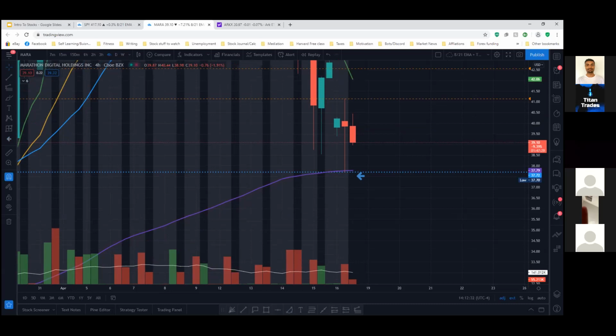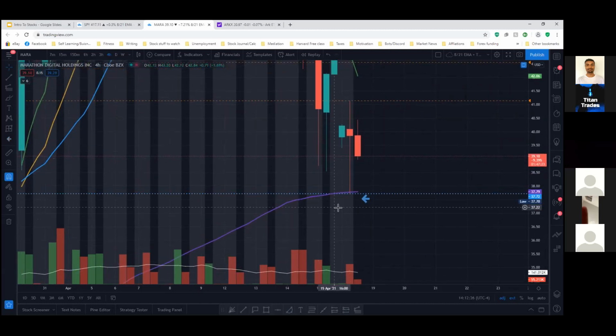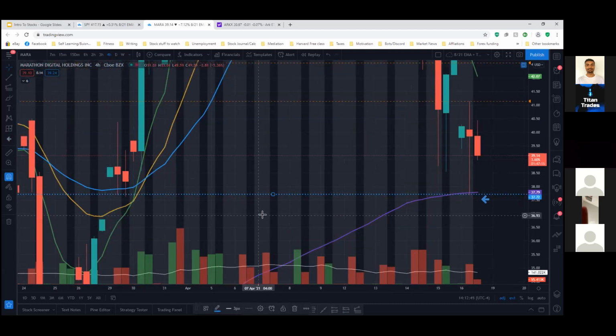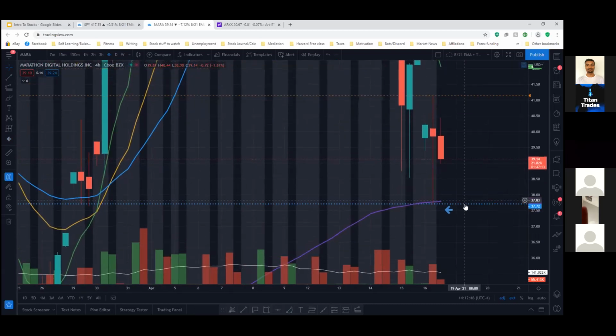In this case, the institutions were sitting right here at the 200-day moving average, and they bought it right as it touched. And another good confluence is it bounced right off that hard support, right? So as long as Mara can hold above 37.75, I am beyond bullish on it,